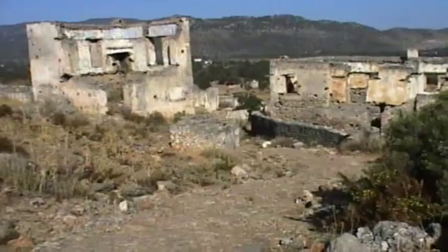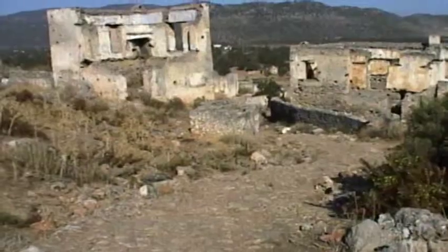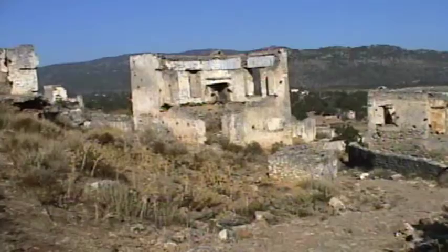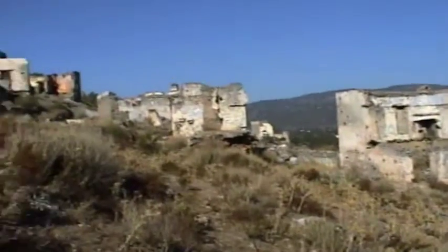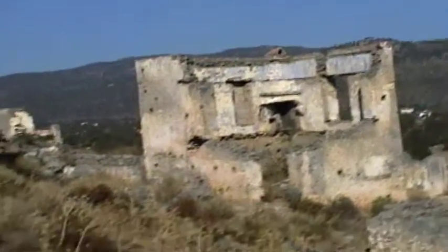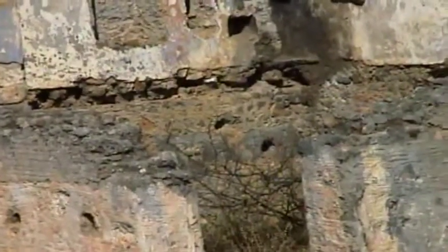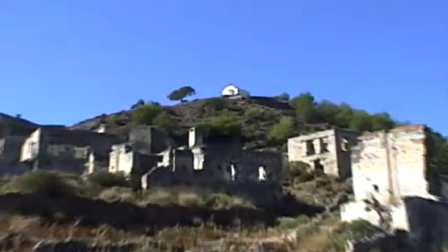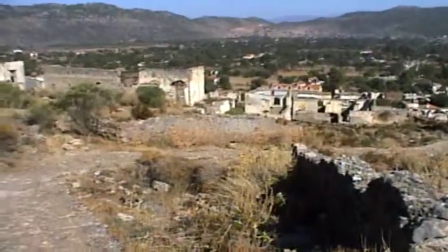I'm climbing a very steep path up to the top of the mountain, probably about 3,000 feet, to look at a chapel and a windmill that was up there. And this is just an amazing display of 400-year-old deserted homes. You can just picture the Greek Orthodox people living here. There's a little chimney set into the side of the building. That's where I'm heading, up to that chapel. Probably about halfway up now. It's an amazing